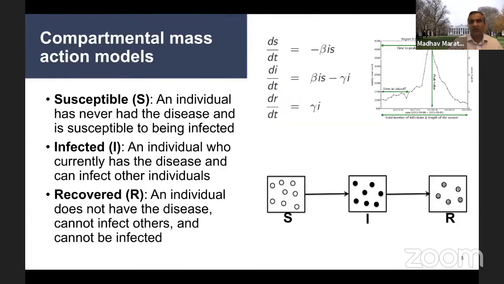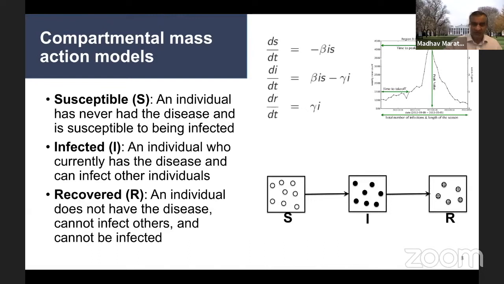So we are not the first to do modeling for epidemics, of course. This whole thing started in 1700 with Bernoulli's work for smallpox. And in the last 100+ years, the class of model that has been very useful is called the compartmental mass action models. It's a fairly simple and straightforward model, but very, very useful. You take the population and divide it into, in this particular example, 3 compartments, but 3 is just a number. You could divide it into more compartments if needed.